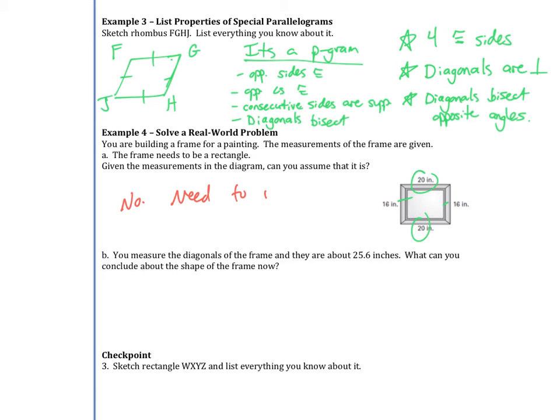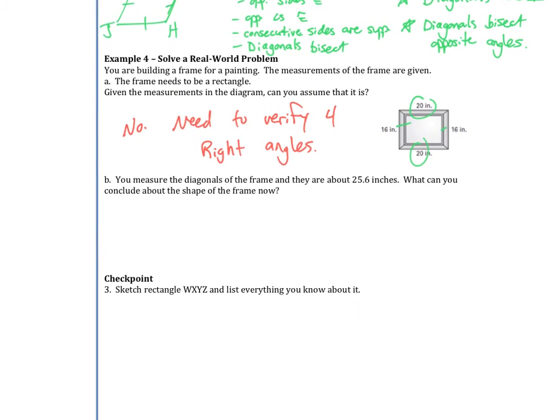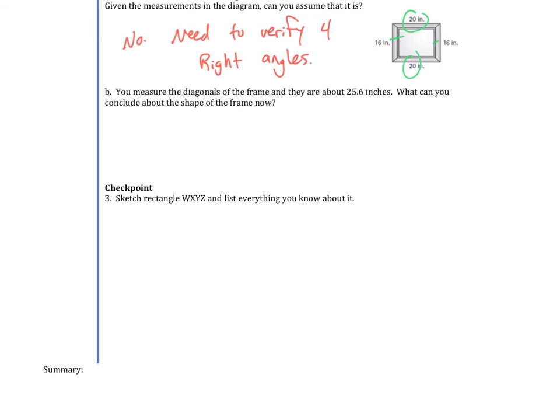Need to verify for right angles. So we don't know for sure, so we can't just say, oh, it looks like a rectangle, it's got to be a rectangle. And then part B, if you measure the diagonals of the frame and they are about 25.6 inches, what can you conclude? So if we do a diagonal like this, and we get a right triangle,